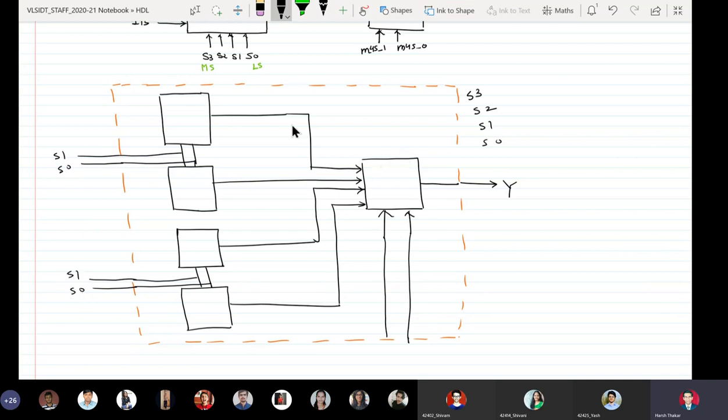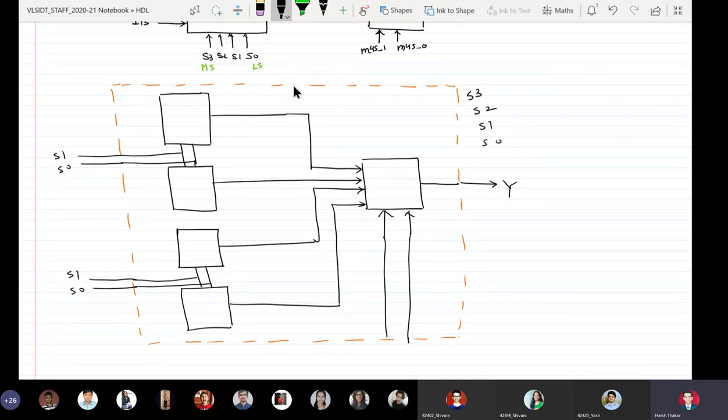Okay. So how many instances of the component do I have to create as per this diagram? 5, sir. You have to create 5 instances. We will name them afterwards.